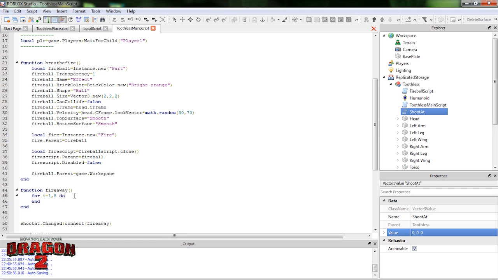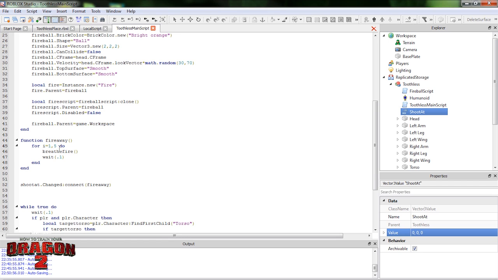Doing a for loop, so it's going to run 1 to 5 times. It's going to run 5 times. And it's going to breathe fire. So what happens is this is a loop that happens 5 times. So whenever the shoot at changes, it's going to breathe fire 5 times with a little bit of wait in between. So it's going to be like